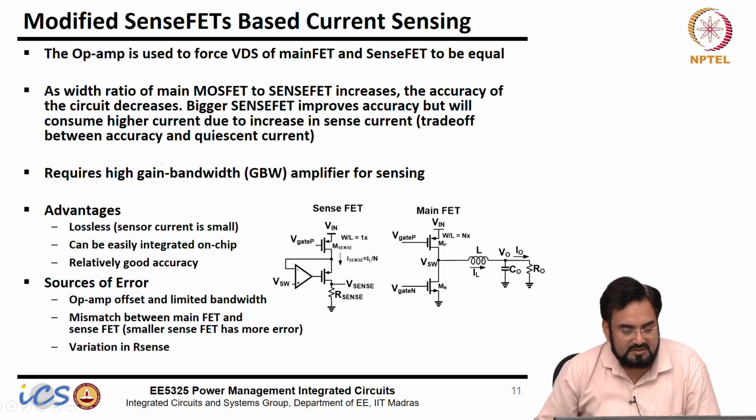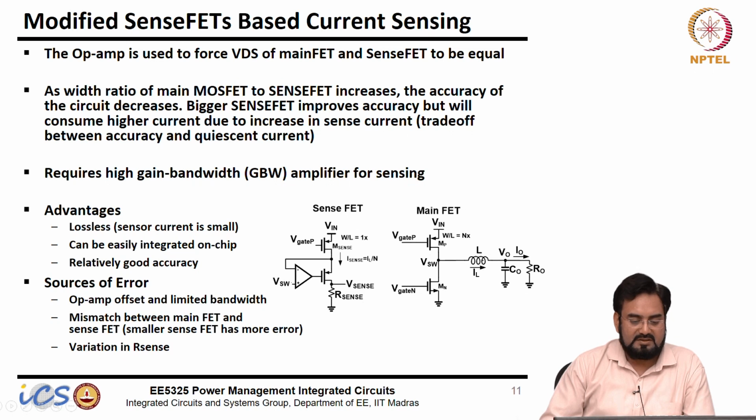Okay. So how do we implement it? This is how we do it. This is VSW, this is VSW. When this guy is on, it will have an IR drop. So this will be V in minus whatever IR drop, and we want to keep this drain voltage the same. So this is actually a regulated cascode. This feedback will force this node to be the same as VSW. So now this will see the same VDS, V in minus VSW, which is seen by this FET when it is on. So now you have matched both VGS and VDS. So this will carry the same current, I sense equal to IL by n.